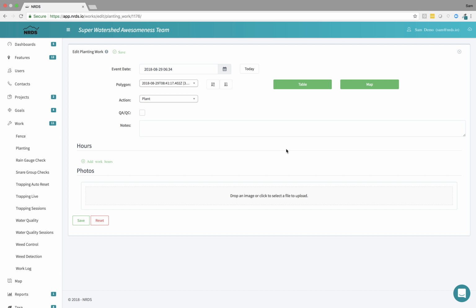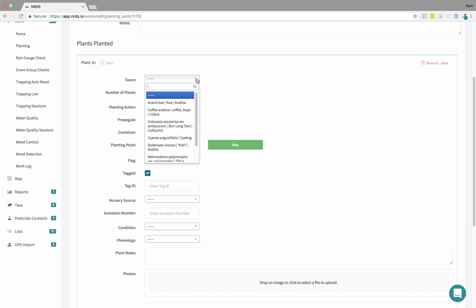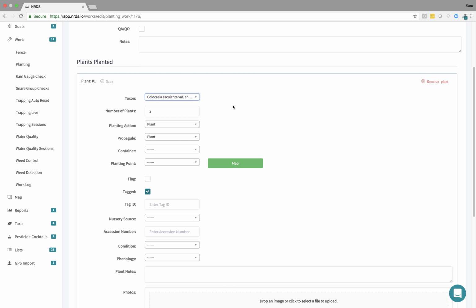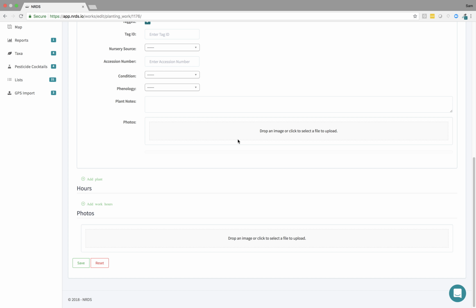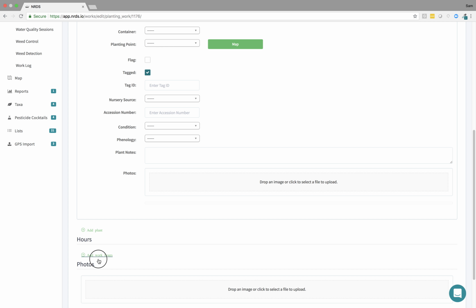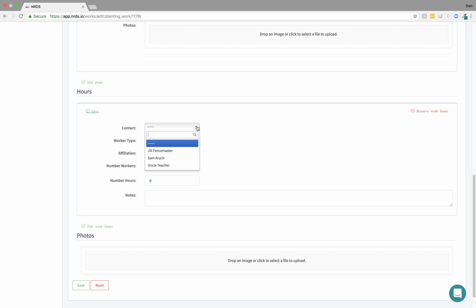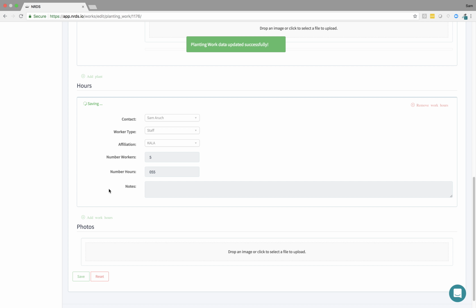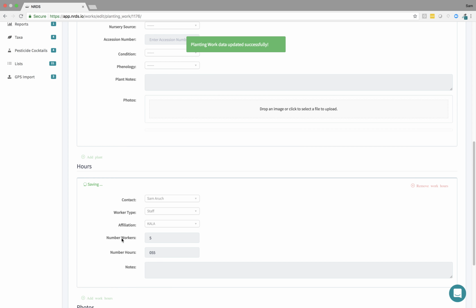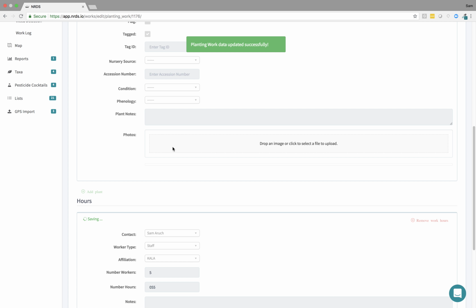I have very robust taxonomy management where I can create different taxonomy, and I can share them between different entities as well. I can also log my work hours, so I can say who is there, what agency or what entity they're with, what type of worker they are, the number of hours that they worked, as well as like a team of workers. In addition to that, I can drag and drop photos into my application,